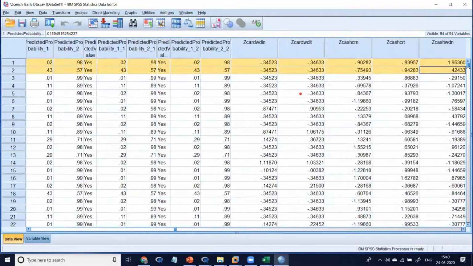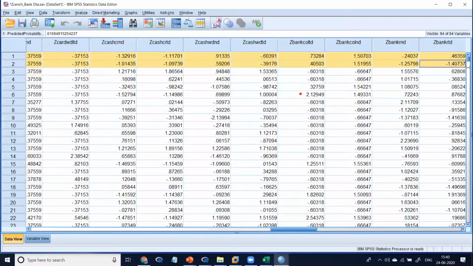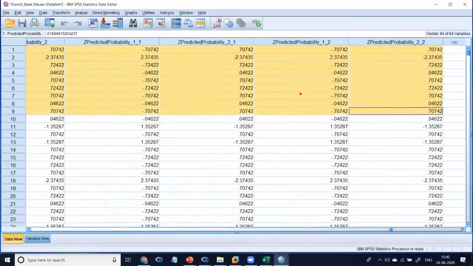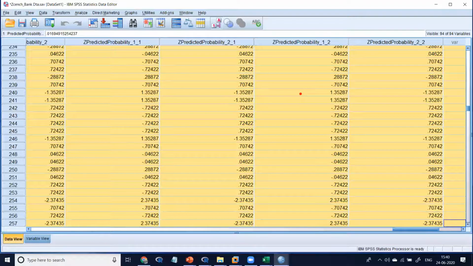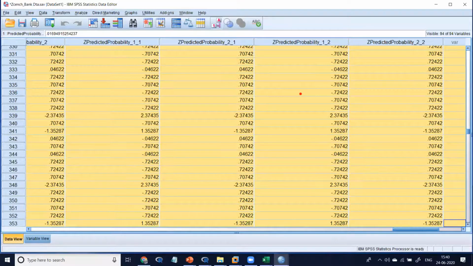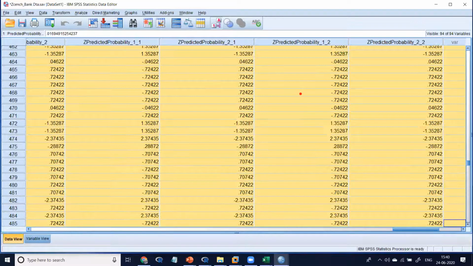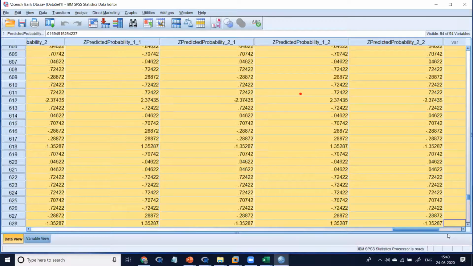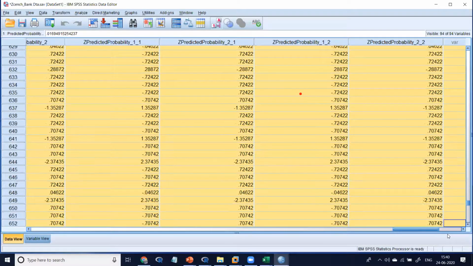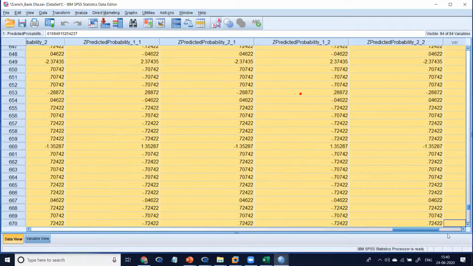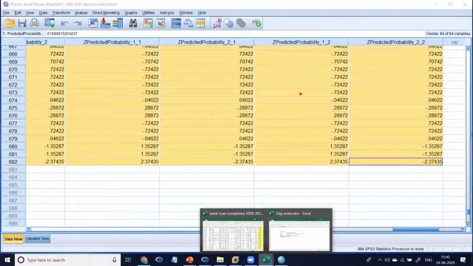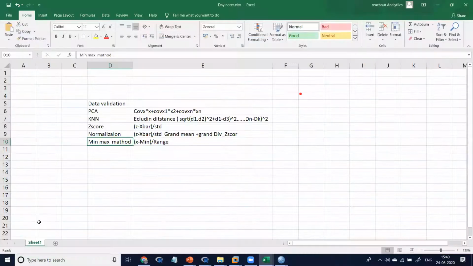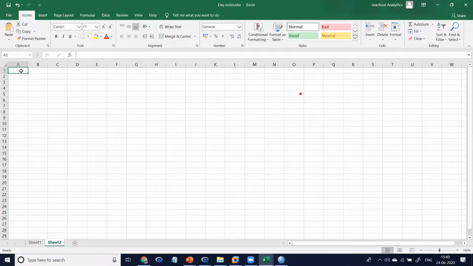This is complete Z-score information. All the variables are converted into standardization. What is the formula inside? X minus X bar by standard deviation. This is one of the data validation techniques. I'm copying this data and pasting it into the data nodes.